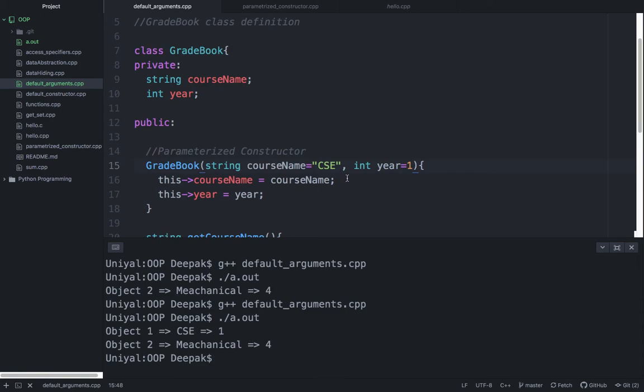So I think now this is clear to you. Now my question is, let us remove this. So is this program going to work? I am not going to run this. You have to run this program, but before running, try to guess the answer, whether there will be an error or it will work fine.